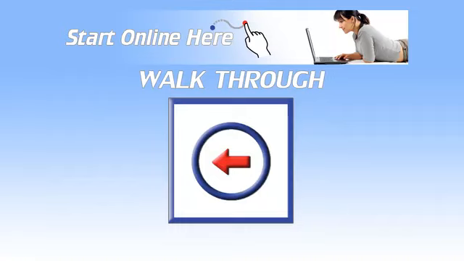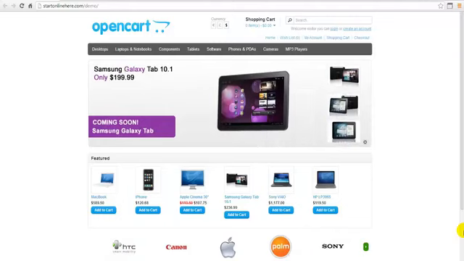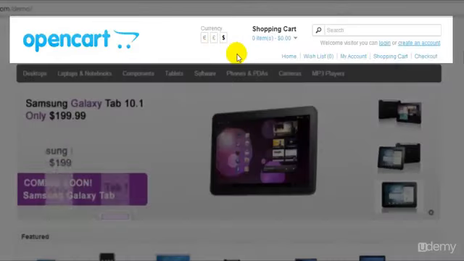In this video, we're just going to have a walk through the standard demo shop that comes with your OpenCart software when you install it first. So let's just have a walk through here. This area is called our header, and in our header you will have your shop logo or mini banner in